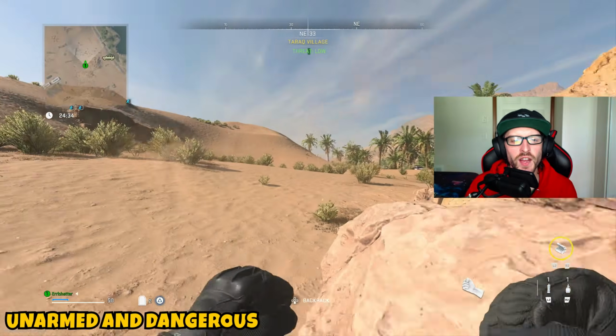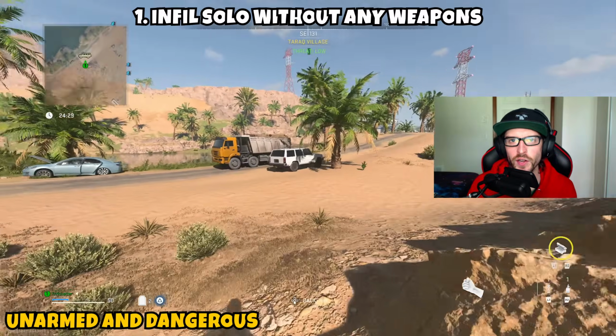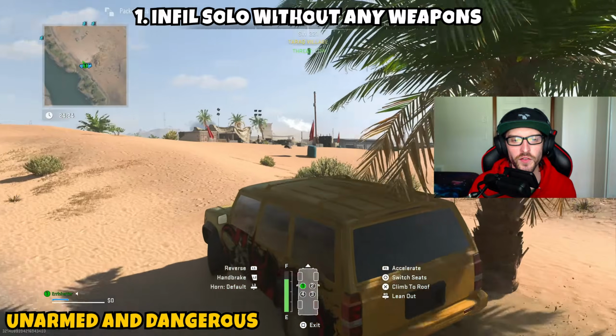So next up, we have Unarmed and Dangerous. This one is going to be a 2-parter. Part 1 asks us to infill solo without any weapons. So all you're going to need to do is obviously unequip both of your weapons. Then you're just going to need to infill, and obviously once you spawn in with your fists only, this first